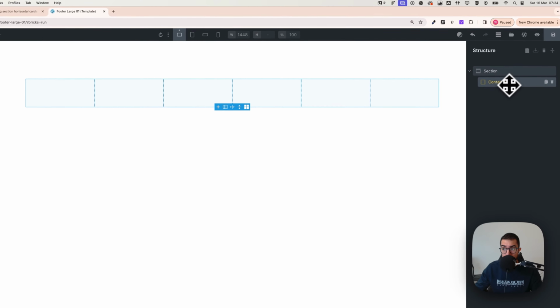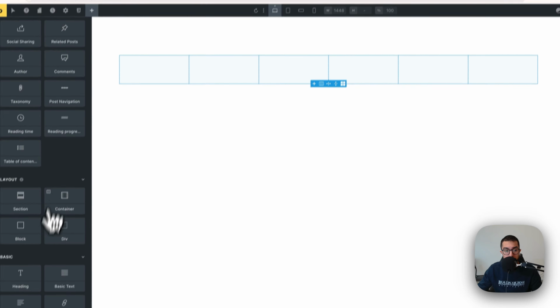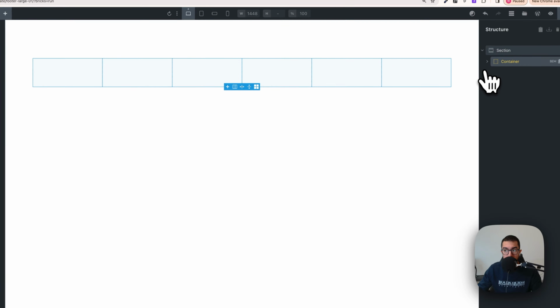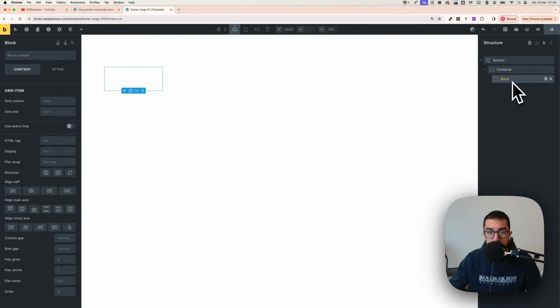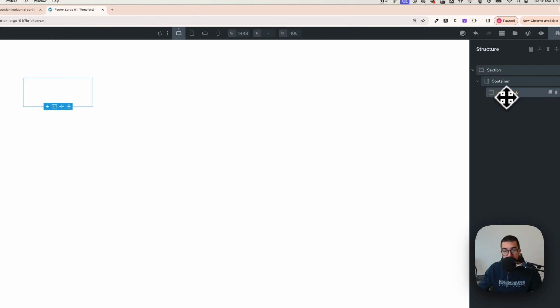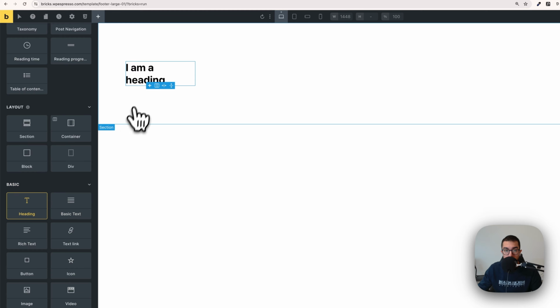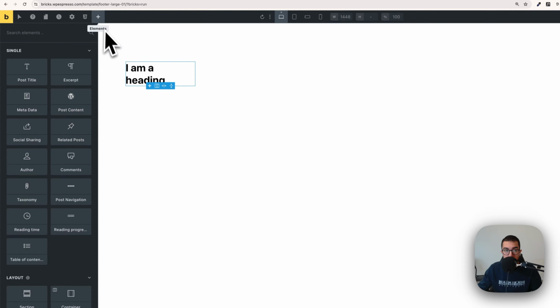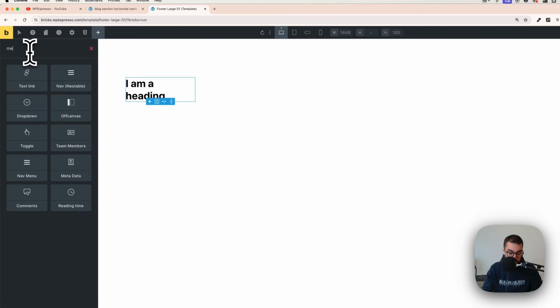Then the first thing, with the container selected, click the plus button and you need to add a block. Open up the container and you will find your block here, and this block could be called menu, or menu block. And then with menu block selected, you could add a new element and choose a heading, and then you can also add a menu by clicking plus and searching for menu, or you can search here